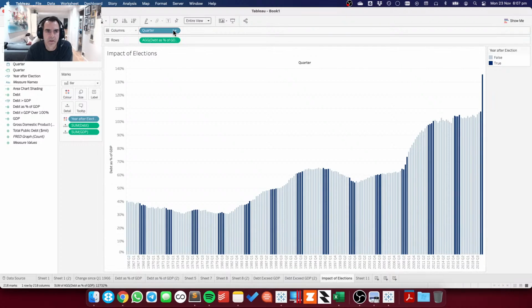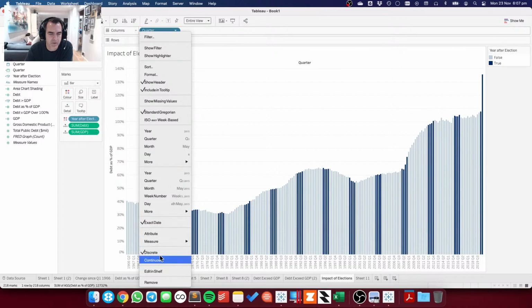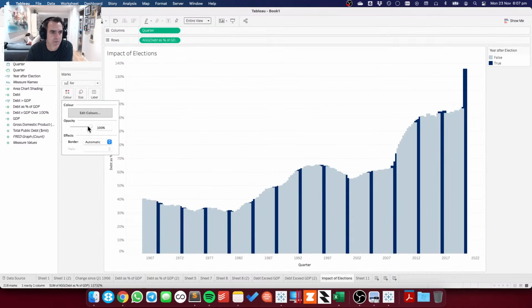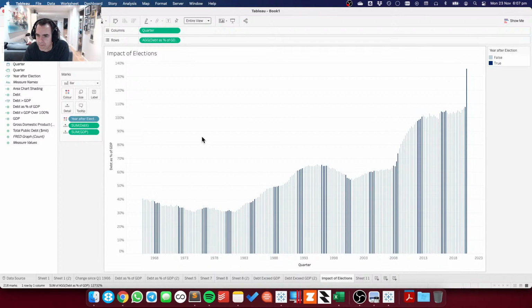So that's 20. All right, so let me make this, it might be a bit easier to look at as contiguous, and then make the bars really thin. So that shows us something, but I don't think there's really any evidence that it impacts it one way or the other. So when Clinton came, this is Clinton's second term, is it not? 2000 to 2004, and then this was Bush.